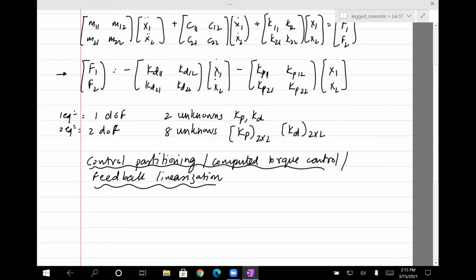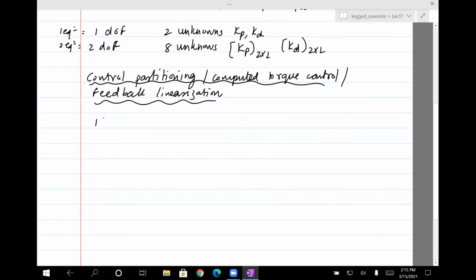This is just a linear form. I'm going to take the nonlinear form. So if you have this equation, M(theta) theta double dot plus C(theta, theta dot) theta dot plus G(theta) equals torque. Now, what control partitioning or feedback linearization or computed torque control does is it starts off with an interesting form for torque. It says the torque should be